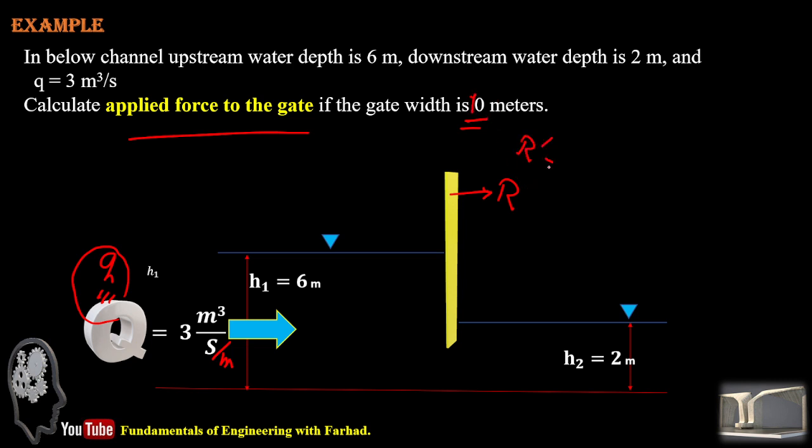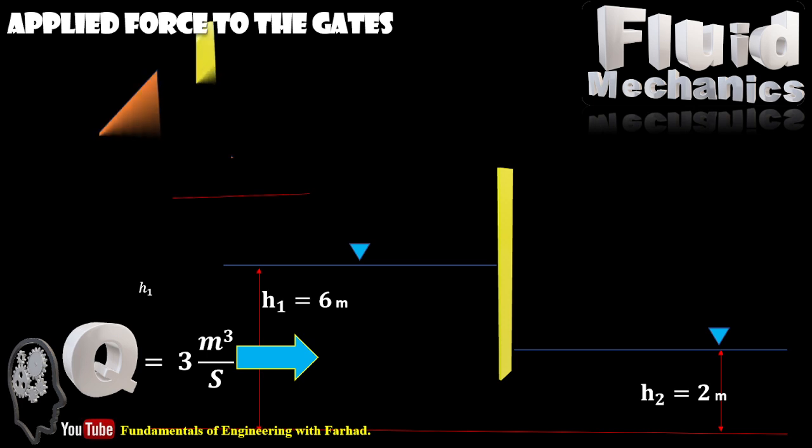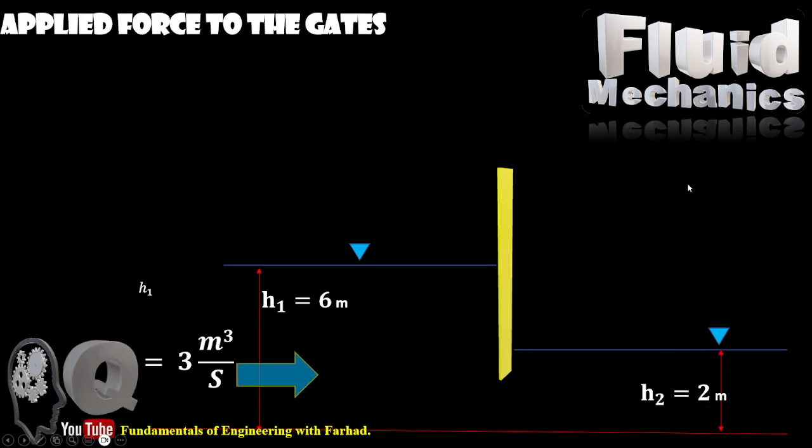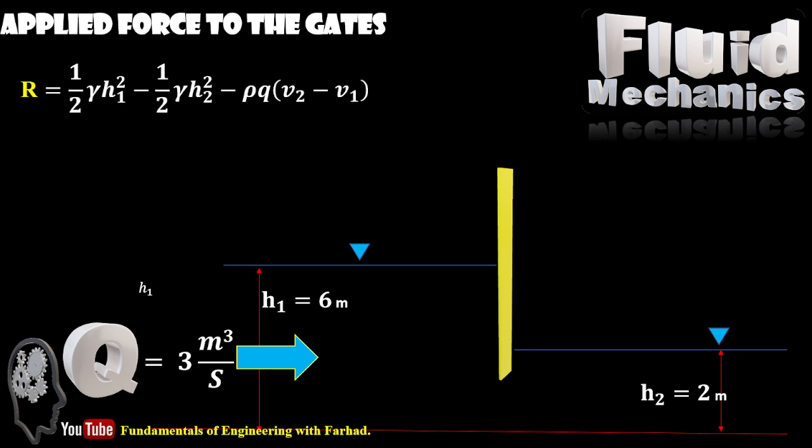So R prime, if you calculate R for unit width, then multiply it by 10 meters, it just gives you the answer. So based on what we talked about, the applied force to the gate for unit width is R, and that's half of gamma H1 squared minus half of gamma H2 squared minus rho Q times the velocity downstream minus upstream. So in our case,